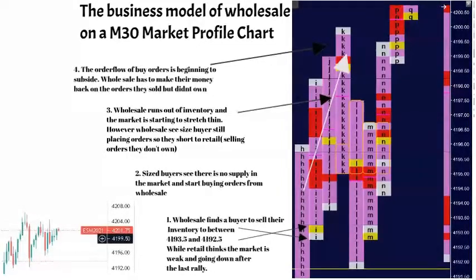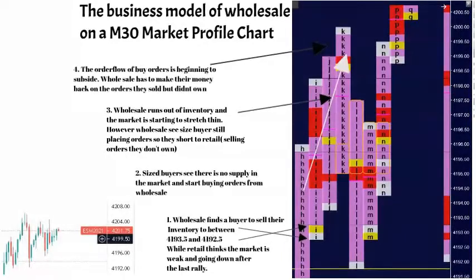He's bringing it up, and then let's say right around here, wholesale starts running out of inventory, and because they started after this rally, like, they got too thin, so we had to bring the market down. There wasn't enough supply in the market to bring it down any further than this level, and a buyer steps in and buys, and then other buyers step in and buy. Well, wholesale ran out of inventory, and now what they have to do,